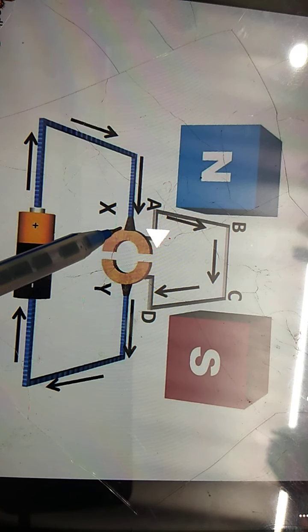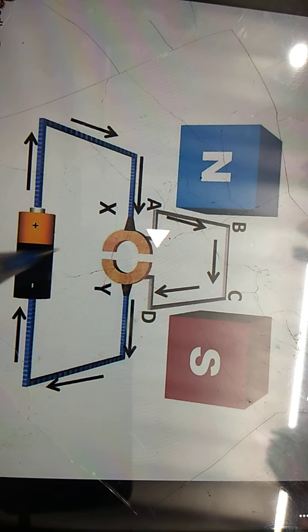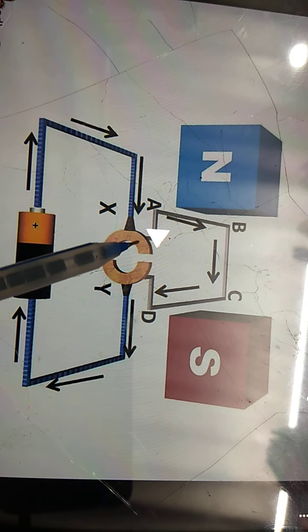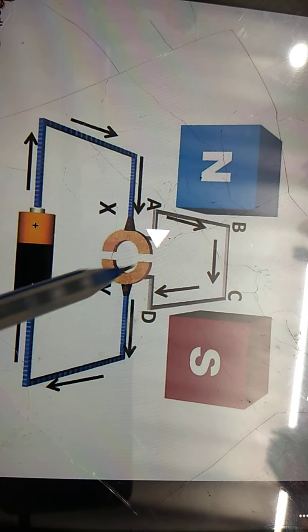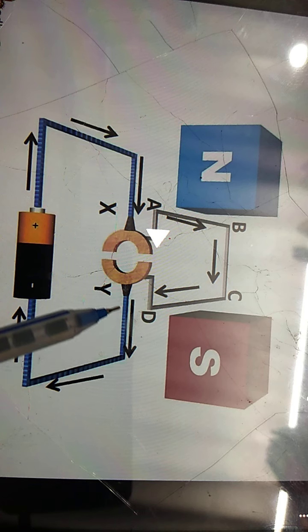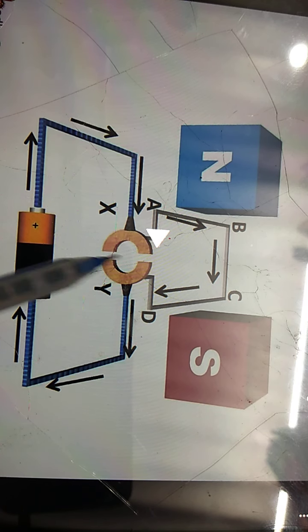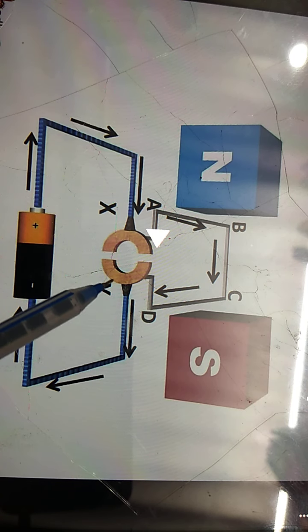This is called a brush because you know that your brush moves over your teeth, and similarly this brush X moves on the split ring. Also brush Y moves on the split ring. They are not fixed, so its function is almost identical with the function of your toothbrush. Your toothbrush is not fixed with your teeth. It can move from one end to another end. So this brush can also move from this end to this end, and brush Y also can move from this end to this end.